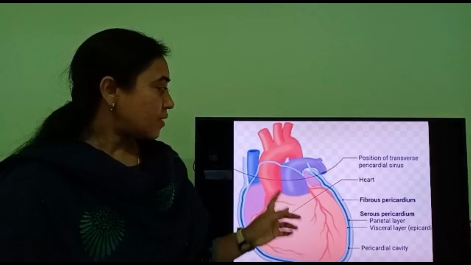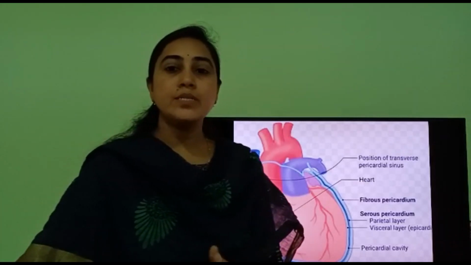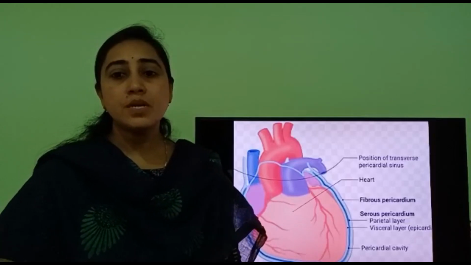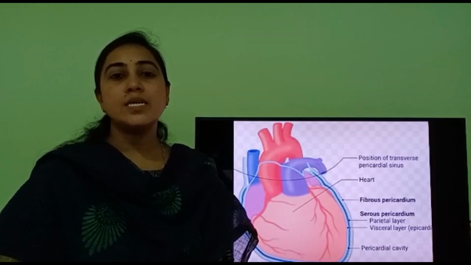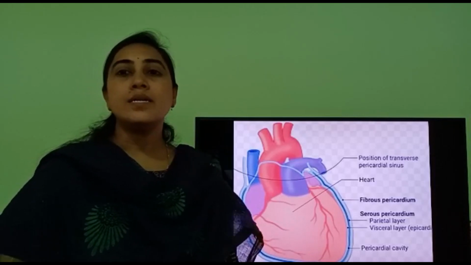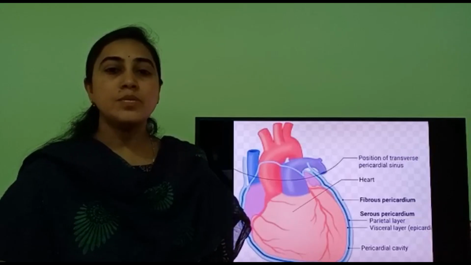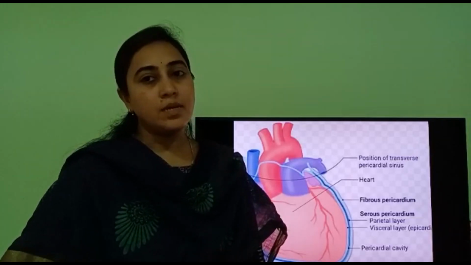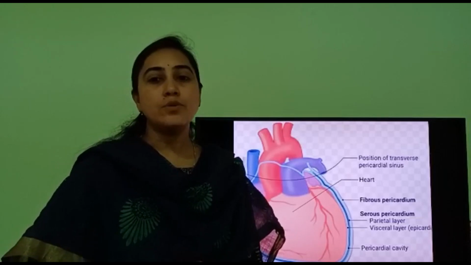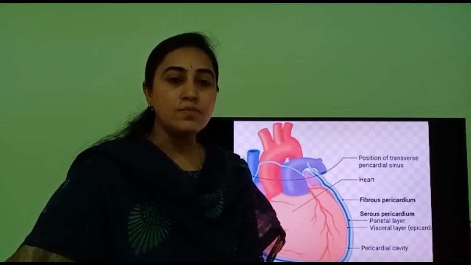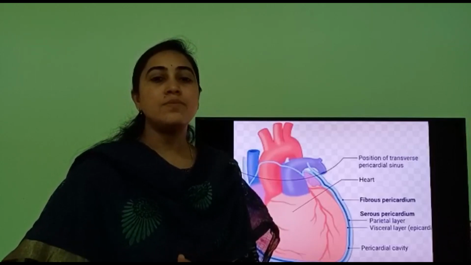If you see the structure of the wall of the heart, it is covered by three membranes: the outer membrane is epicardium, the middle layer is myocardium, and the inner layer is endocardium. The endocardium is thinner than the remaining, and the myocardium is thicker than the remaining. This endothelium covers the heart walls, and it also continues with the endothelial lining of the large blood vessels connected to the heart.